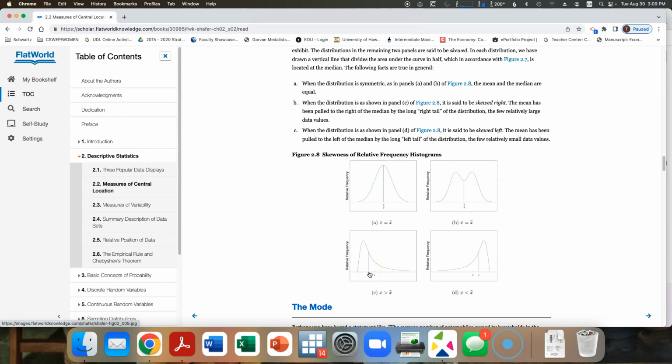So basically in this case, if this were an exam, the low performers on the exam